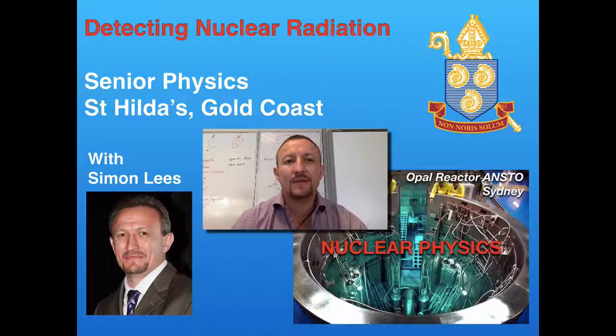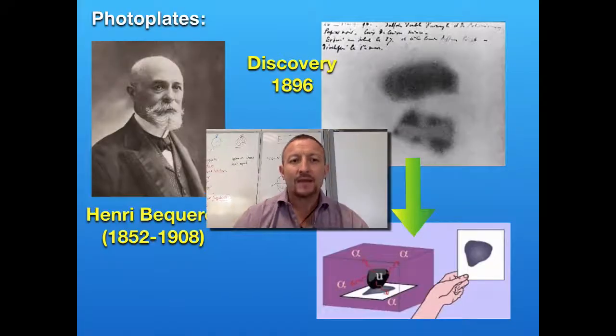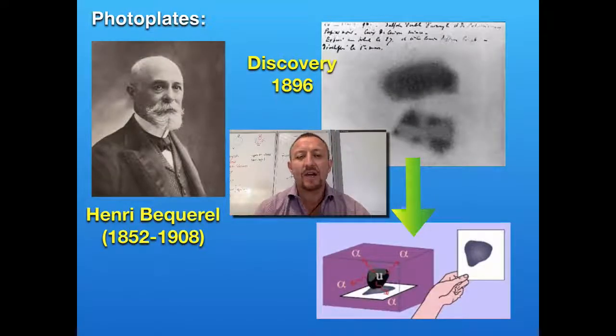In this video we're going to explore how we can detect nuclear radiation and the devices that we utilised as time progressed for looking at how radiation actually existed. Now the first discovery, as we know, came in 1896 with Henri Becquerel, and he was studying the